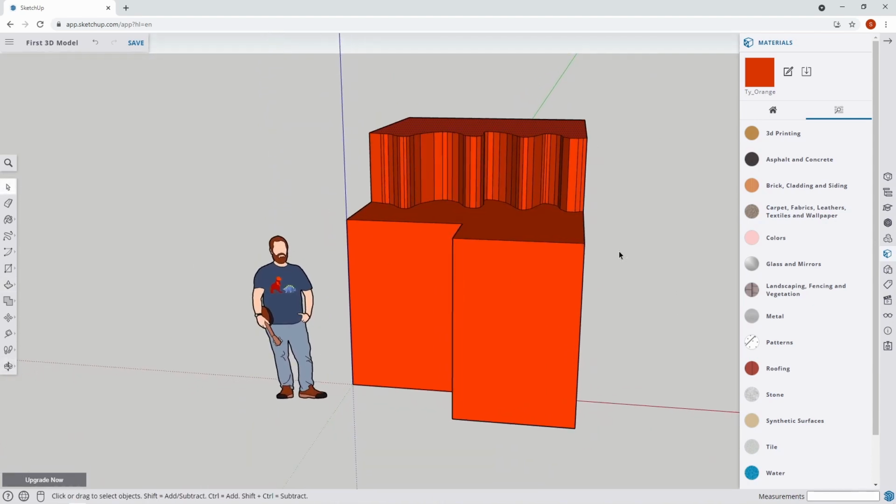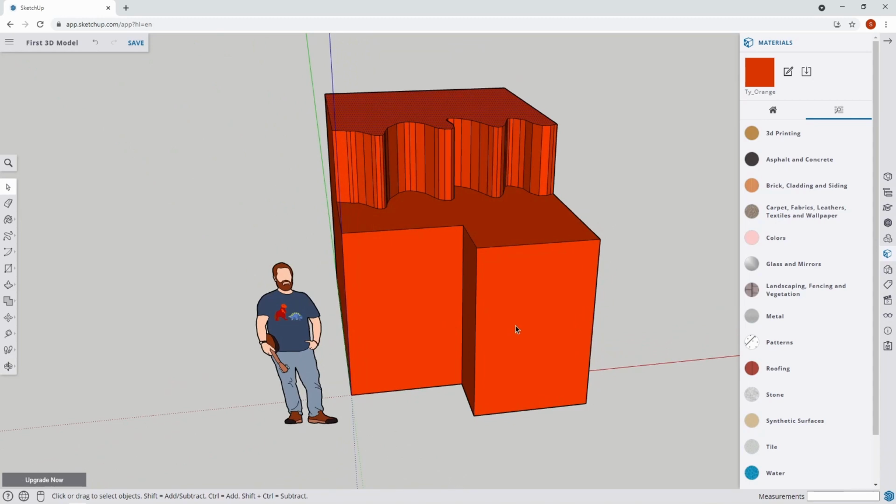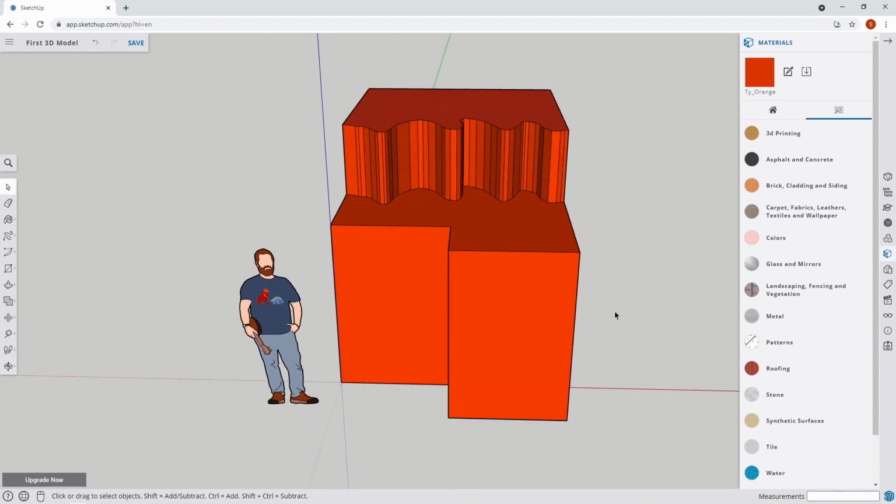But otherwise, what we're going to do in the next video is learn some more tools that will help us to build some pretty neat things, and that will ultimately lead to our first kind of mini